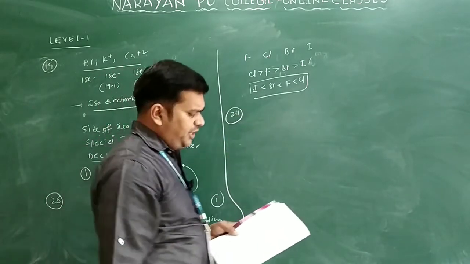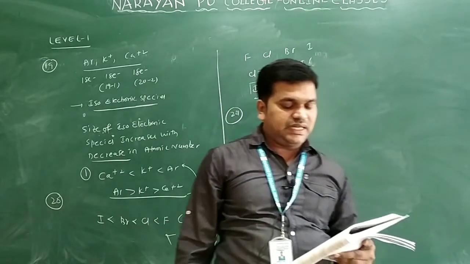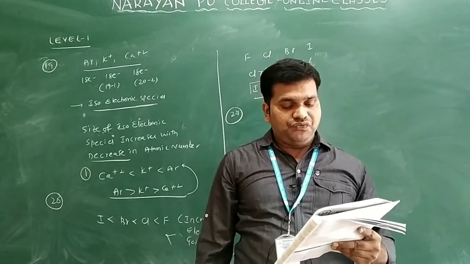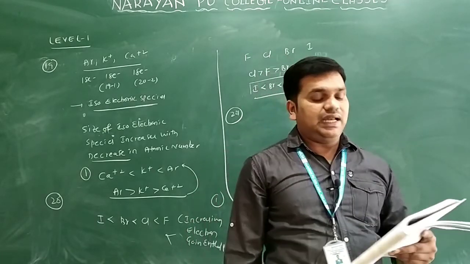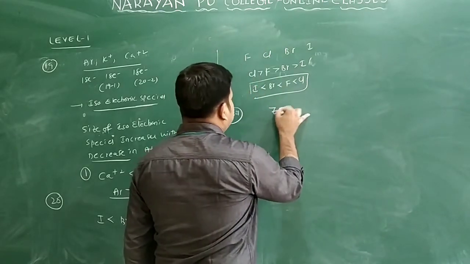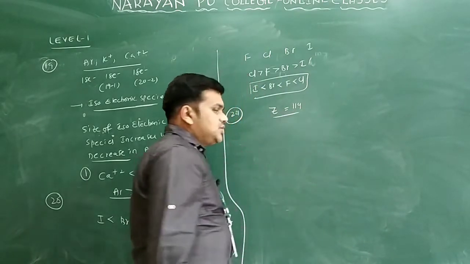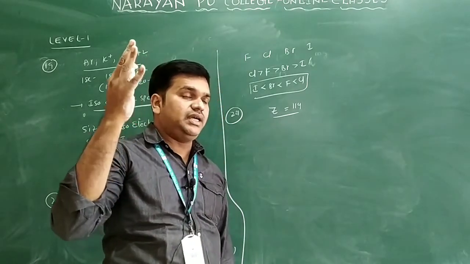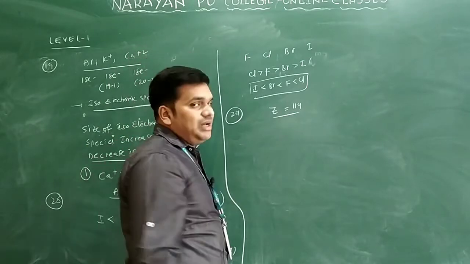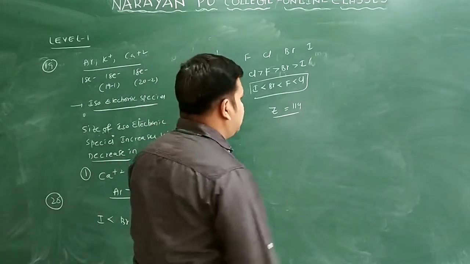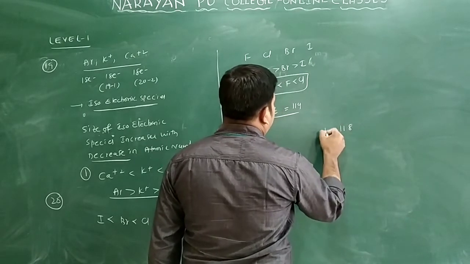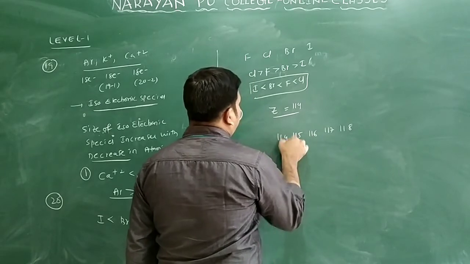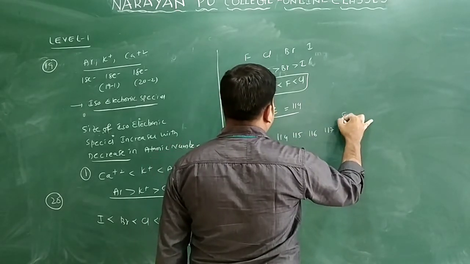Now we'll see question number 21. The element Z equal to 114 has been discovered recently. It belongs to which of the following families of the group, and what is the electronic configuration? They gave Z equal to 114 only. So generally if you want to solve this type of question, you can write the noble gas first. Noble gases end with atomic number 118 only. I will write 118, 117, 116, 115, 114 only. So this is a noble gas, we will say this is 8th group only.